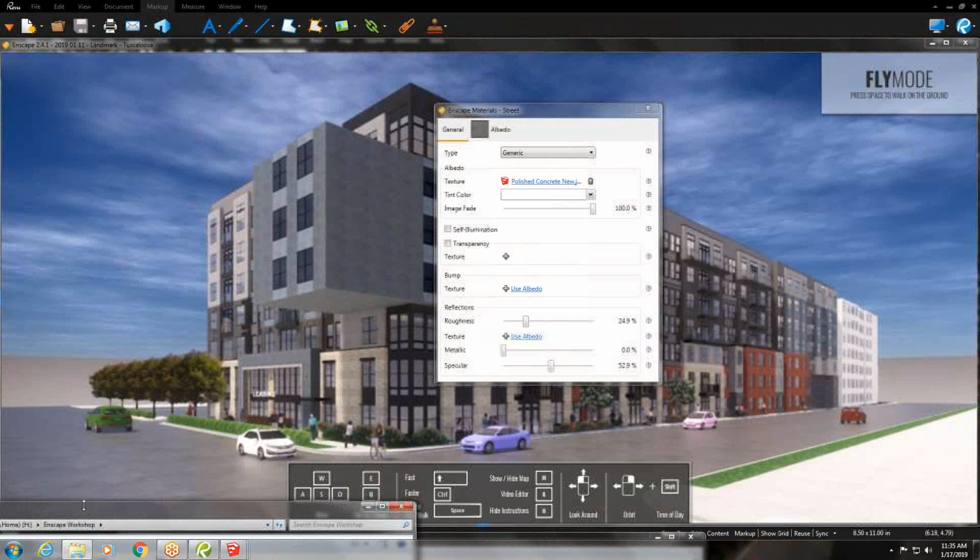And so that's all stuff that we can tweak basically on site. You could come over and say, can you make that sidewalk a little darker? Sure, I'll brighten it up, it'll update it there. Can you make all the grass more